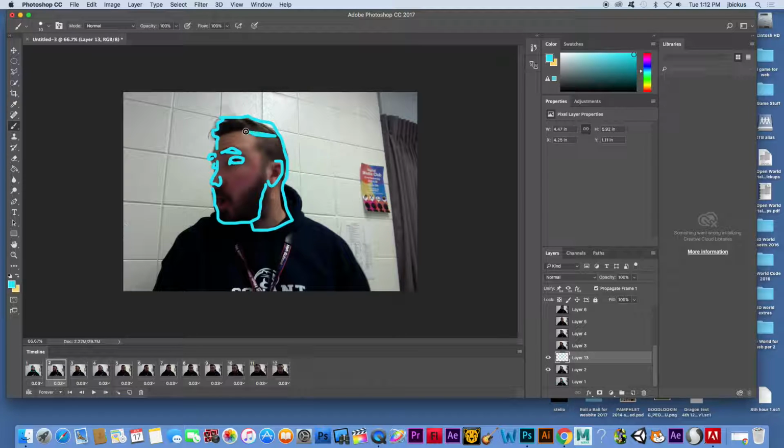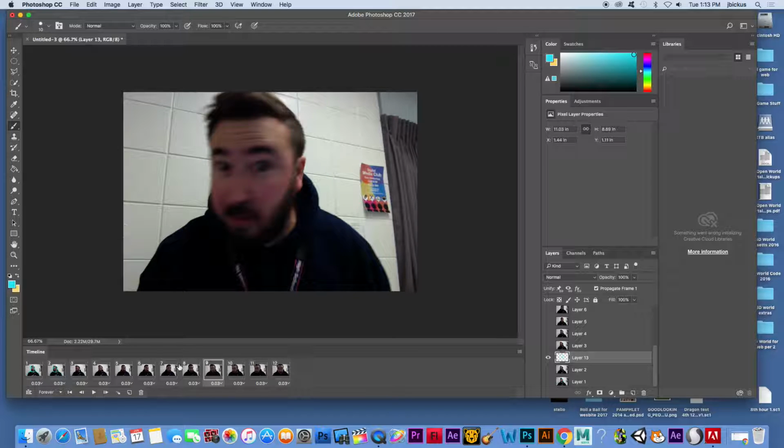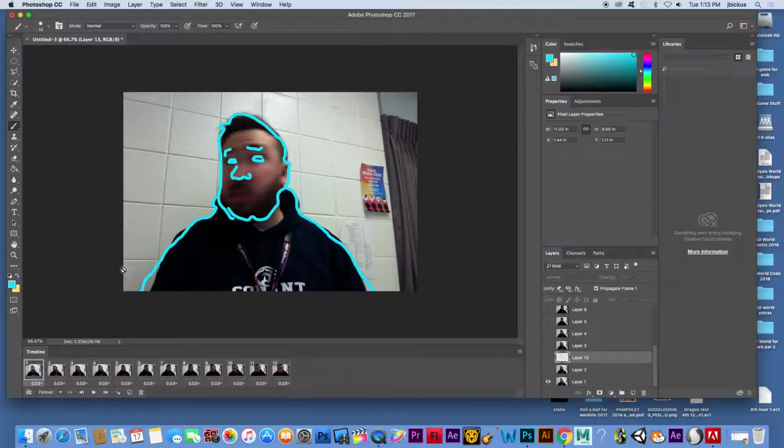Okay, so I do a little drawing, and let's go look at what's going on here. Back to frame 1, I have both of these cells showing. What happens is when you make a new layer, it's going to turn on every single layer. So even on this one, it is, but it's being covered up. So on frame 9, it is showing that layer, but it's being covered up by another one. So I guess you wouldn't have to necessarily turn them off, but it is going to turn them on in the first cell. So what I'm going to do is go back, turn it off on cell 1,